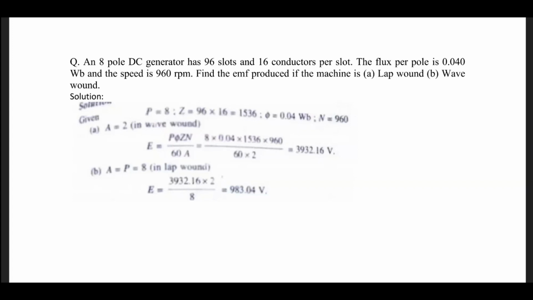Here again, first of all, we have to calculate the number of conductors. So Z is to be calculated. 96 slots is given, and every slot is having 16 conductors. So 96 into 16, it is 1536, and the rest it is direct application of the formula. Now in case of wave wound, A is substituted as 2, and in case of lap wound, A and P get cancelled out. Okay,